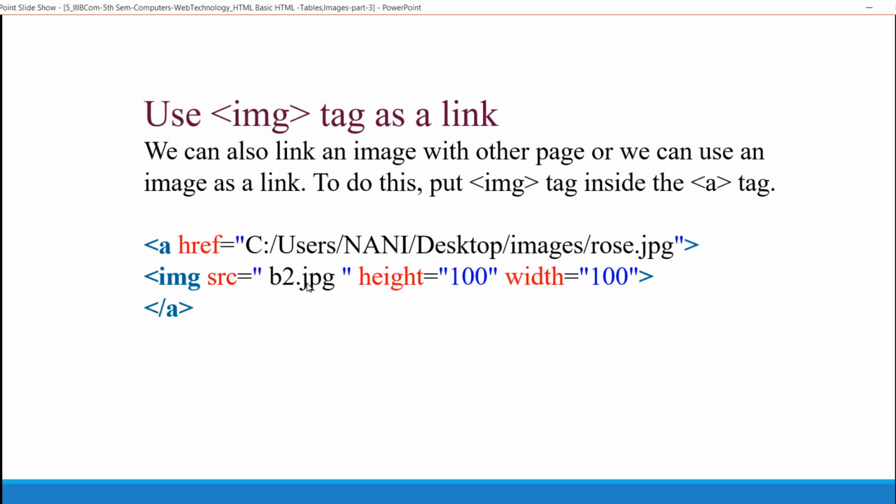If I click on this b2.jpg, I go to the other document. That document displays rose.jpg. For example, this is a baby photo. If I click on this baby photo, it goes to the rose image page. That is, we can use an image as a link. The image is placed in between the anchor tag.